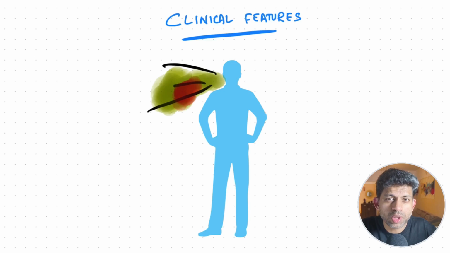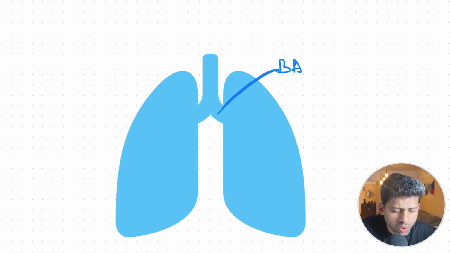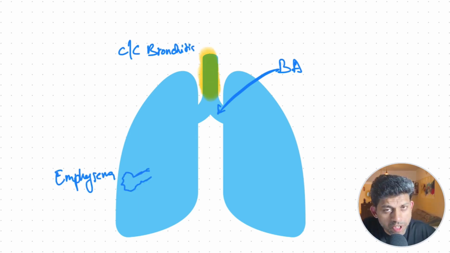The symptoms are usually worse in the mornings because when the patient gets up, the secretions drain down and start obstructing the airway. How is bronchiectasis different from other obstructive lung diseases? Bronchial asthma is a reversible airway disease which occurs as a response to allergens. Chronic bronchitis is due to excessive mucus production. Emphysema is due to dilation of the distal part, that is, dilation of the acini.